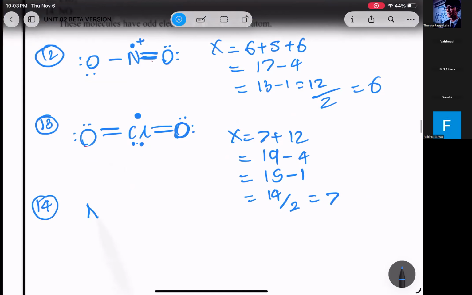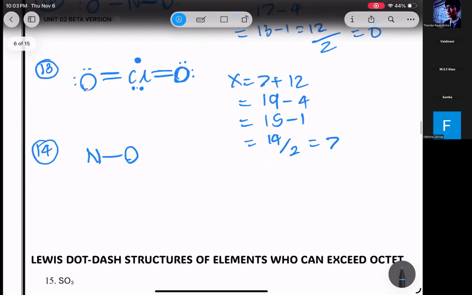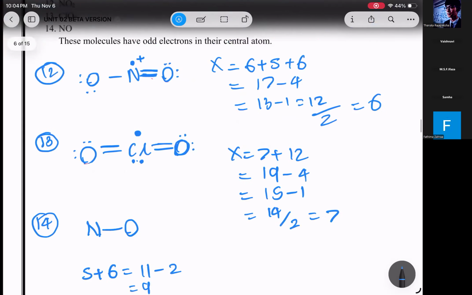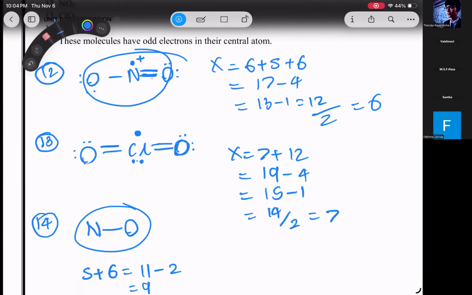NO. NO වල බලන්න people, nitrogen has 5, oxygen has 6, 11, 11 minus 2, 9. Odd electron එක කොහෙටද දාන්නේ oxygen ටද? No, to nitrogen. How do you know that? ඒක when you interact with chemistry for a long amount of time, you will be able to understand that. මේවා හම්බෙනවා people NO, NO2 you're going to find in inorganic and all. Inorganic වලට ඉස්සරහට හම්බෙනවා. එතනදී you are going to learn more than this. හරිද?